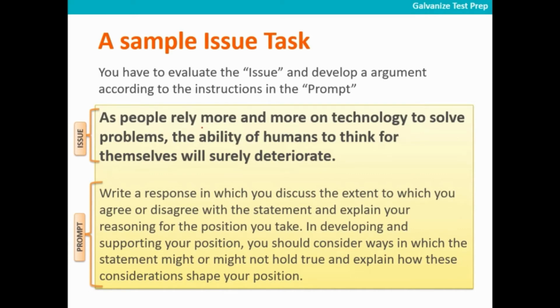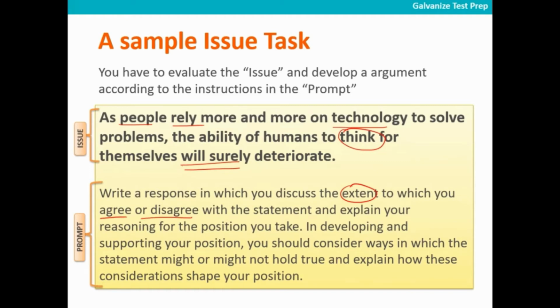Now this is how the issue task will usually be. It's going to have a very strong opinion stated at some point. So people are relying on technology to solve their problems, and because of that, their ability to think for themselves is definitely going to deteriorate. Now this is a strong issue. Now what you're requested to do is write a response where you discuss the extent to which you agree or